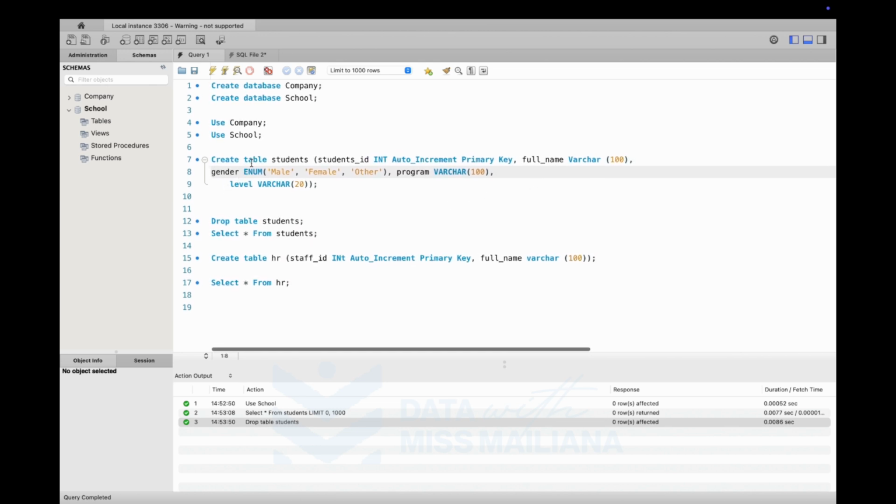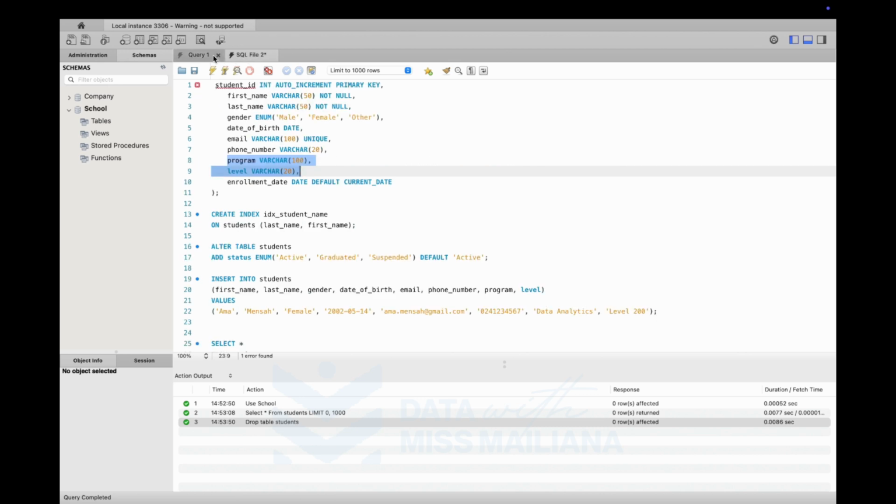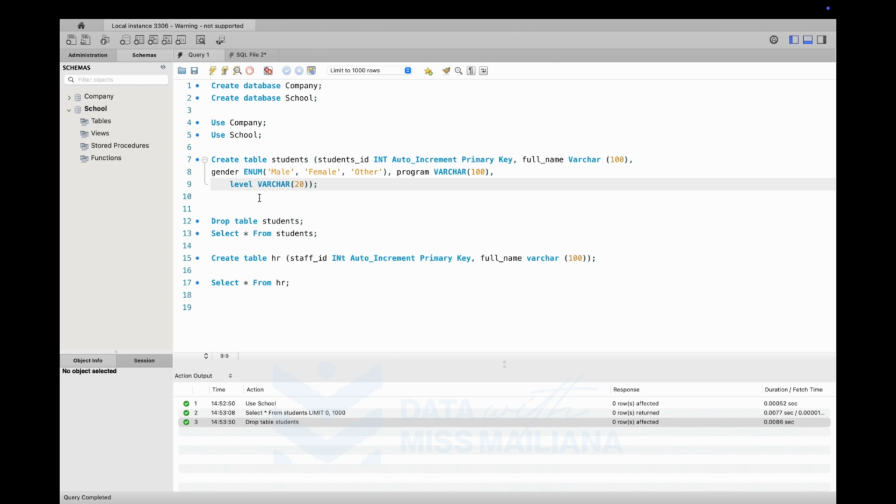It says create table called students, and in the table we have student ID, which is an integer, auto increment, and also a primary key. Then we have the full name, which is a varchar. Then we have the gender, which is this or that, which is ENUM. And then we have the program, and then we have the level. And I think the level shouldn't be